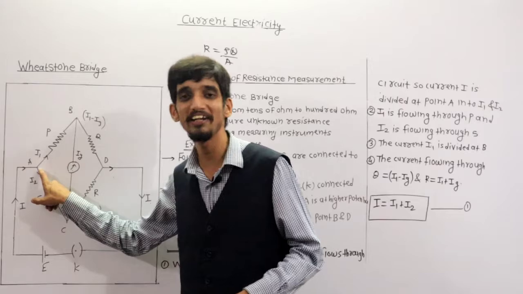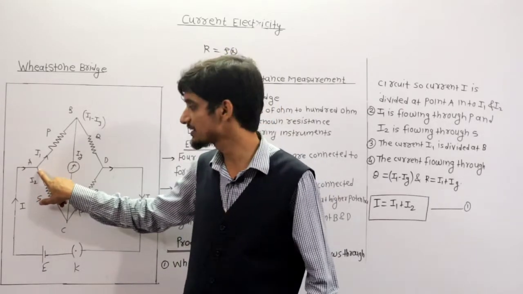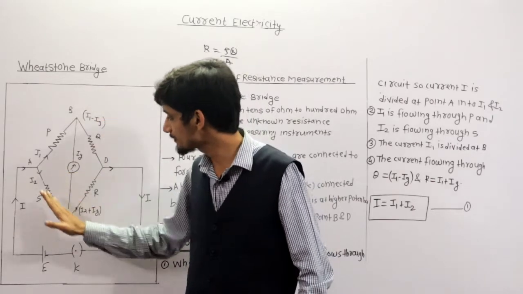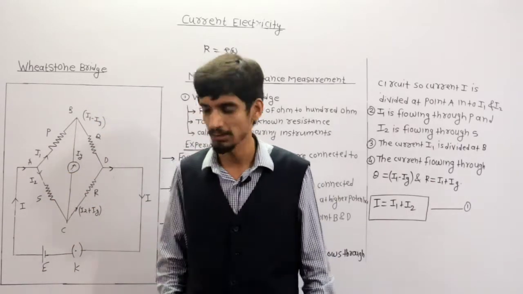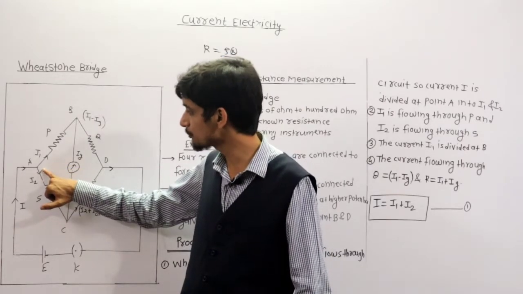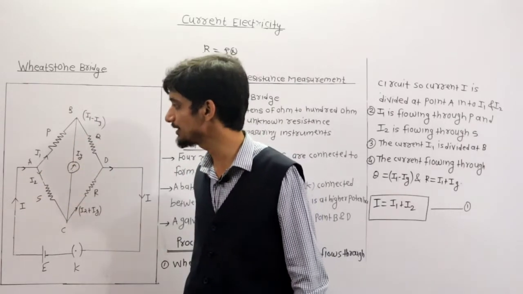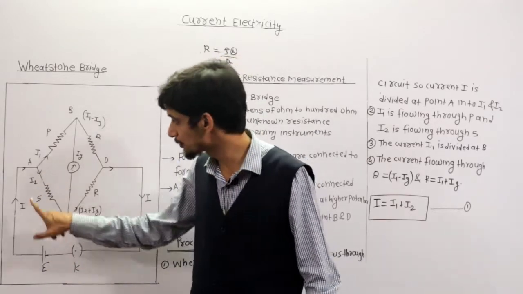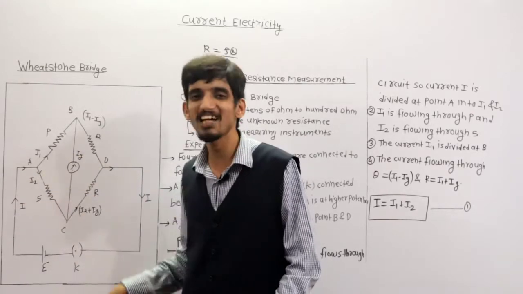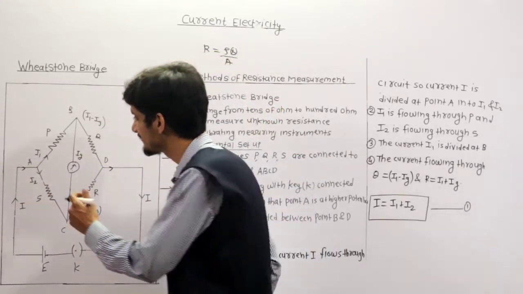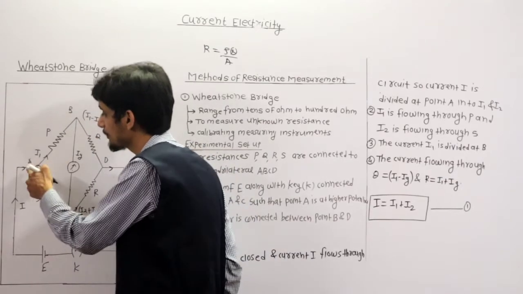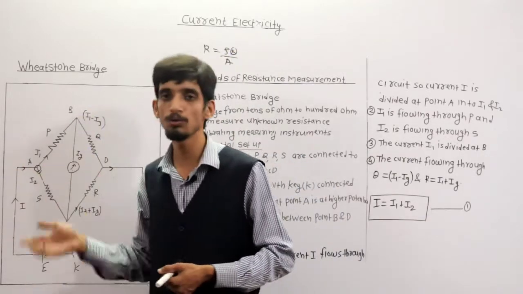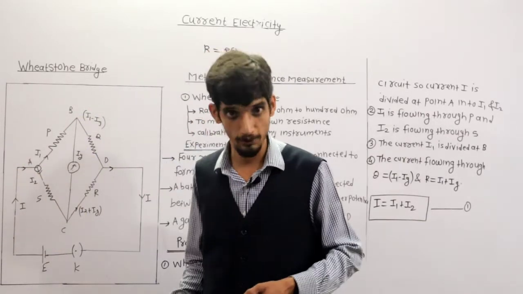When it enters at point A, which is a junction or node, there is definitely a division of current. Some part goes into branch AB and the remaining part goes into branch AC. The part of the current flowing into branch AB is I1, and the current flowing into branch AC is I2. So total incoming current is I, and outgoing current is I1 plus I2. So when we apply KCL at node A, I get I is equal to I1 plus I2. It means incoming current I is equal to outgoing current I1 plus I2.